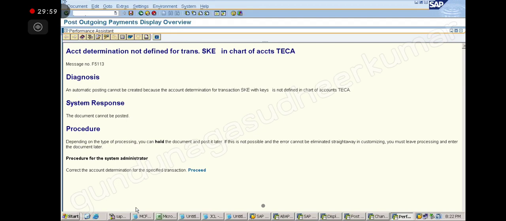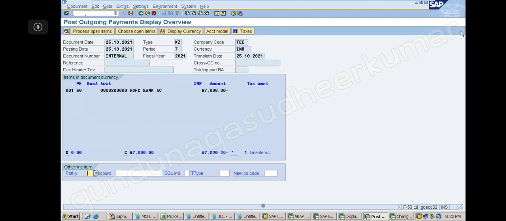Sir, can you please explain once again because I have lately joined. Yeah. So we are discussing the cash discount payment term we created. Now I have posted the invoice and I am trying to make the payment. When I try to make the payment here, the system is throwing me an error.